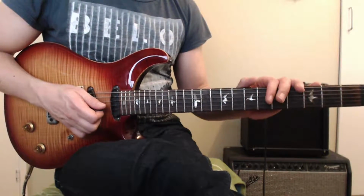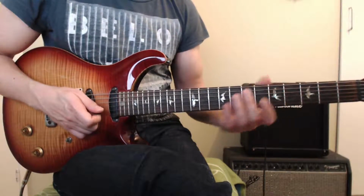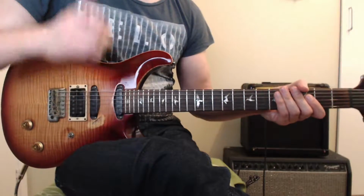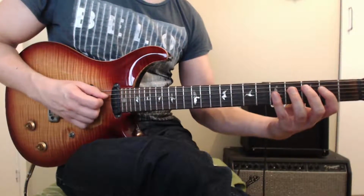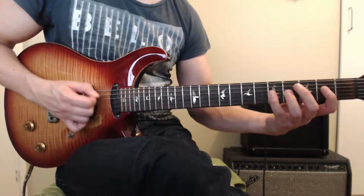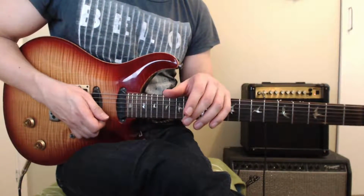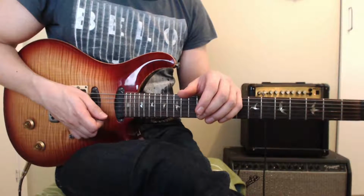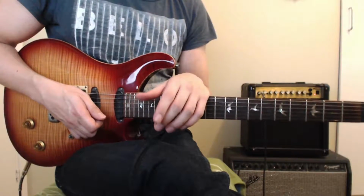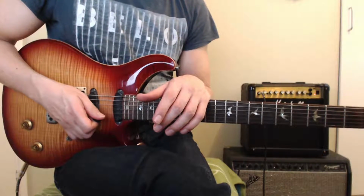So hopefully this has been helpful. I actually like this one because it's pretty aggressive and it looks kind of cool with all its skipping stuff, and it's pretty hard to play as well with all the skips. But even though I probably could get it a bit cleaner if I worked on it, I actually kind of like it when it's not sloppy per se, but has this sort of on the edge sound. I think someone described Ed Van Halen's playing like that, where you get a feeling that it could get out of hand at any second, and it gets a really on the edge of your seat kind of feeling to it,